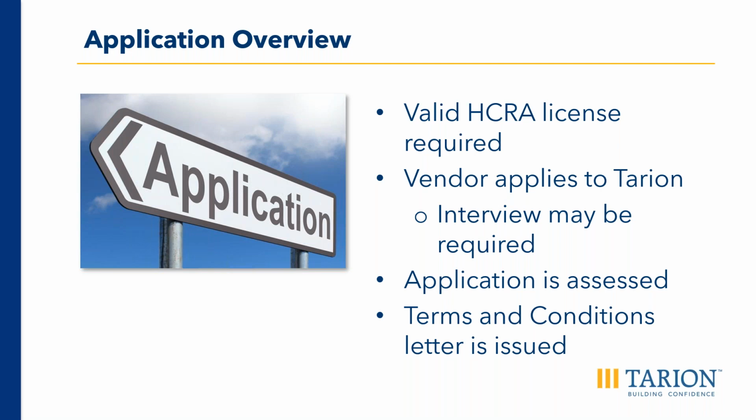Once the application has been submitted to Tarion, we will take all the information provided and conduct a risk assessment that focuses on three main areas. The first key area is financial strength, which is having the ability to complete the project that's being proposed. For example, access to capital, what type of equity there is between you and the guarantor, and if there are any other assets, basically how you will finance the build. Also, what is our assessment of what equity or assets will be available to meet warranty obligations?